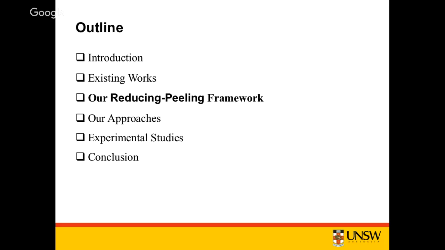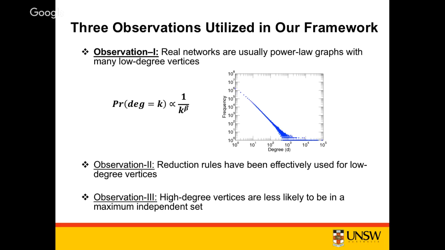So in order to do so, we propose a reducing and repeating framework. The framework is based on 3 main observations for real-world graphs. So this means that our solution may not produce a good result for the worst-case graph. The first observation is that many real-world networks are usually power law graphs, which means that there are a